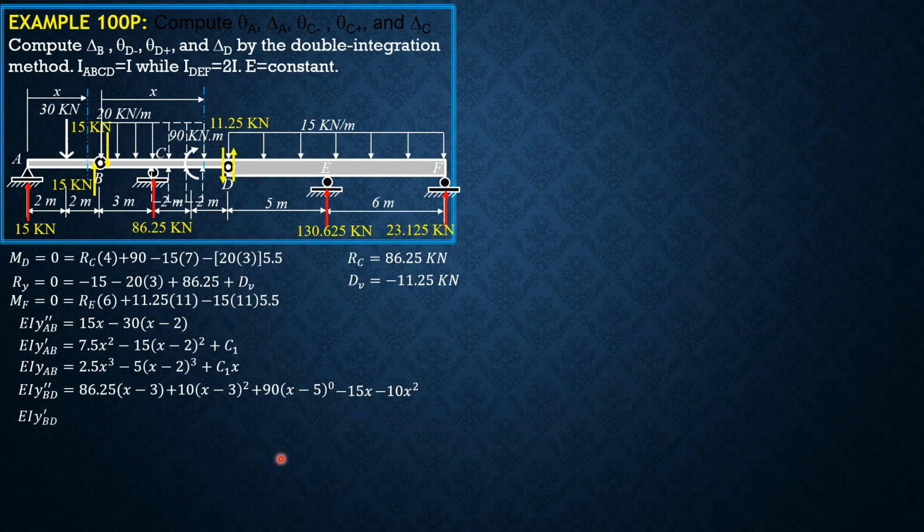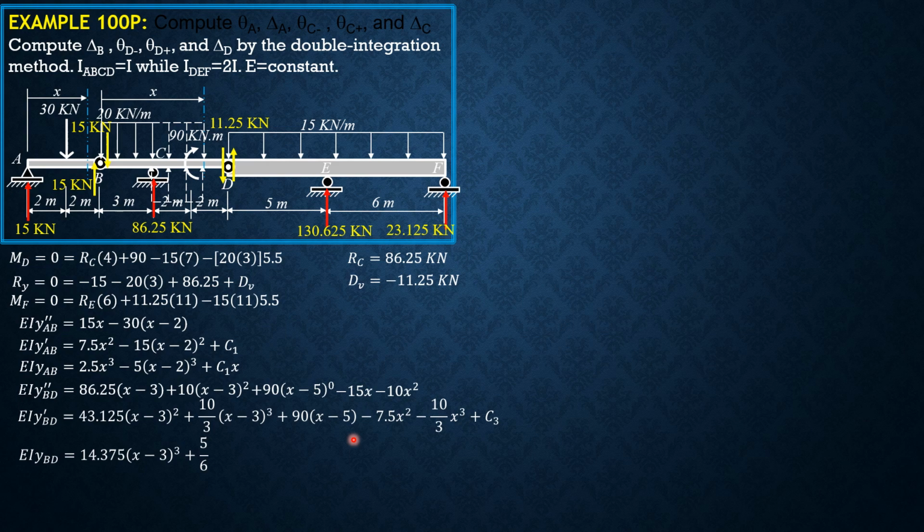Integrating EI y prime BD, 43.125 quantity x minus 3 squared plus 10 over 3 quantity x minus 3 cubed plus 90 quantity x minus 5 raised to 1, or 90 times x minus 5, minus 7.5 x squared, minus 10 thirds x cubed plus C sub 3. Integrating further, 43.125 over 3 is 14.375 x minus 3 cubed plus 10 over 3 times